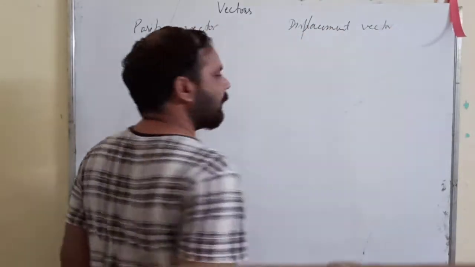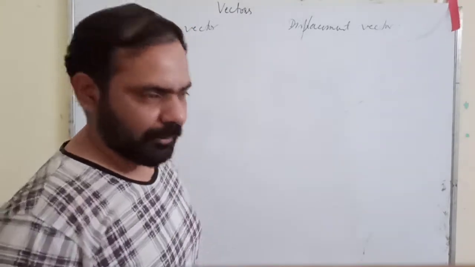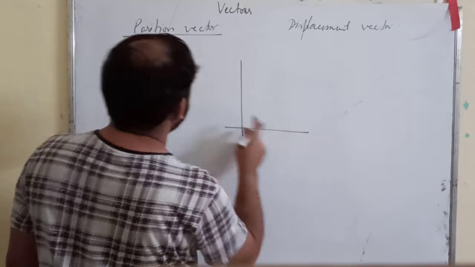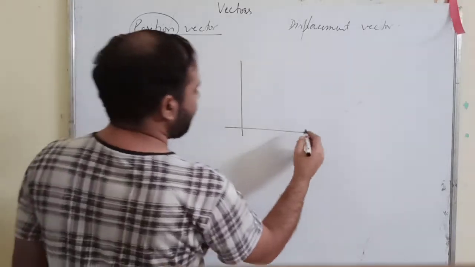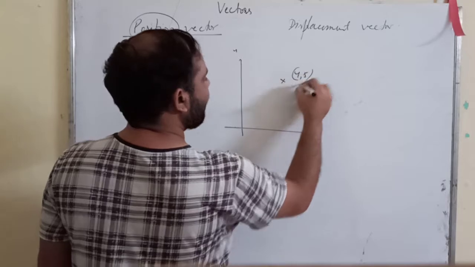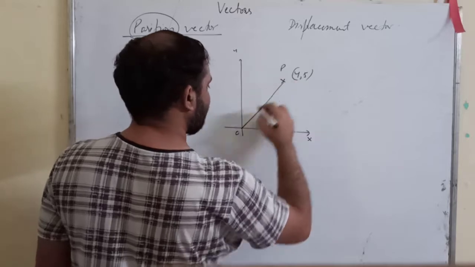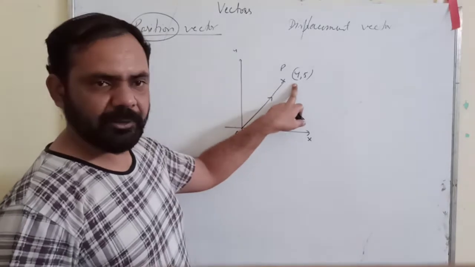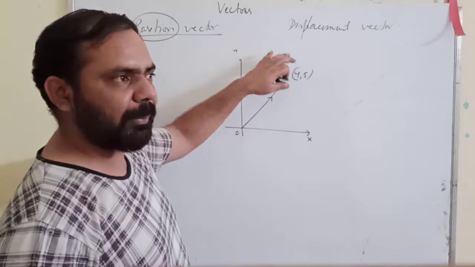Displacement vector. These two things are very important when we consider that particular part of mechanics, right? What is position vector? As is clear from the name itself, this vector tells the position, right? Suppose you have a coordinate system x, y, and you have a point 4, 5. Suppose this is P, this is O, then the vector that joins the origin with the point will tell the position of the point, where the point P lies.